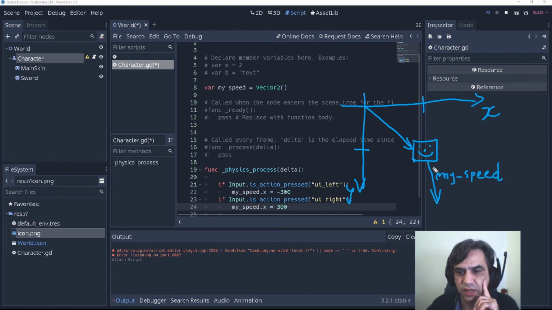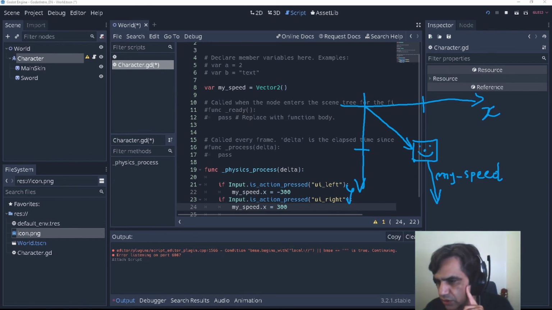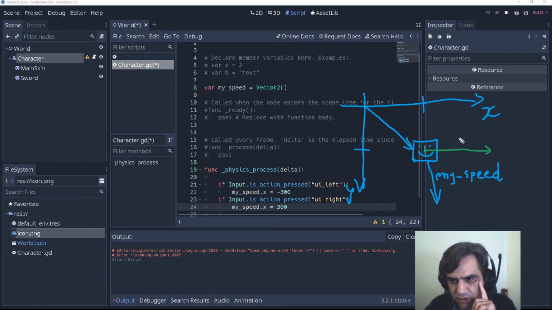So this is also a vector. When I'm saying here minus 300, I'm saying that the coordinate, if it is positive, I'm going to give a speed like this with the length of the vector of 300.